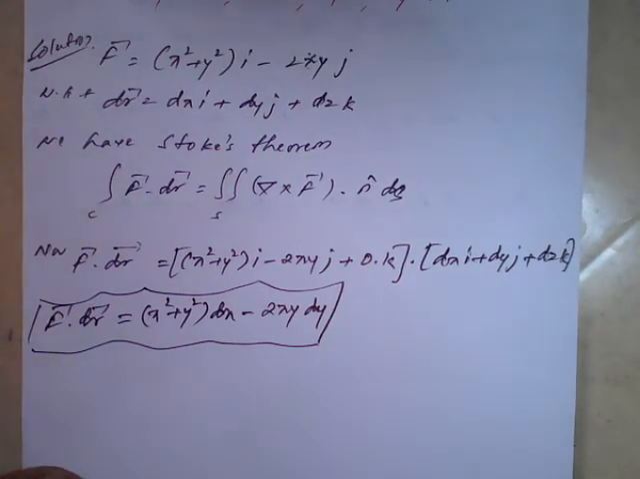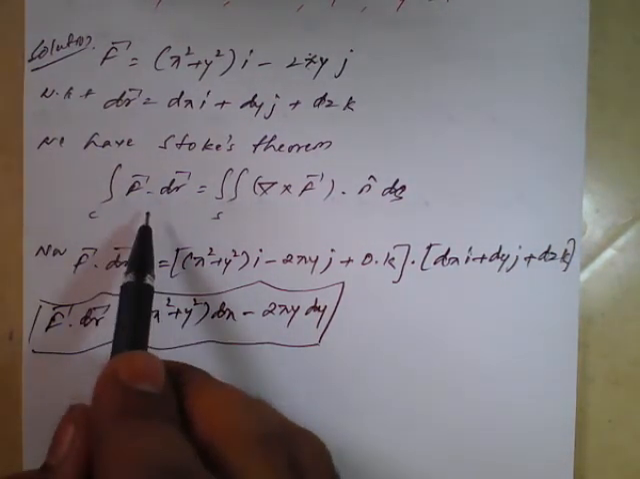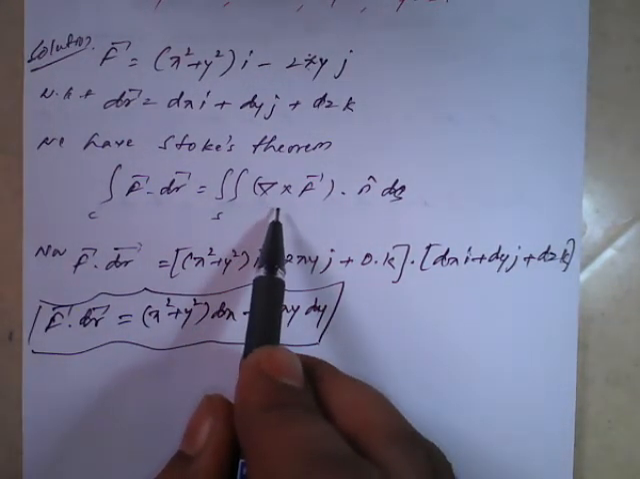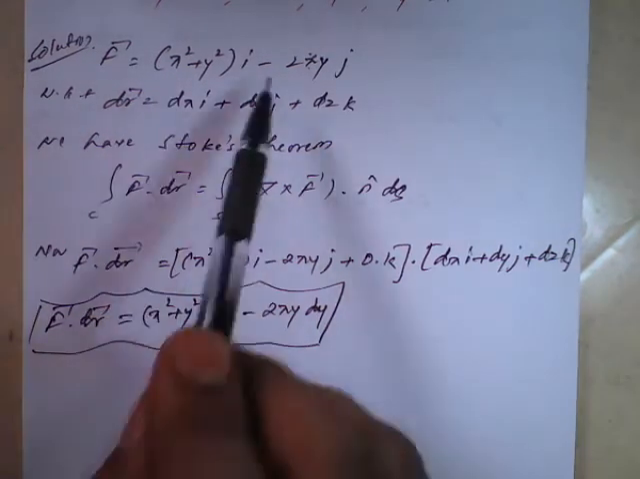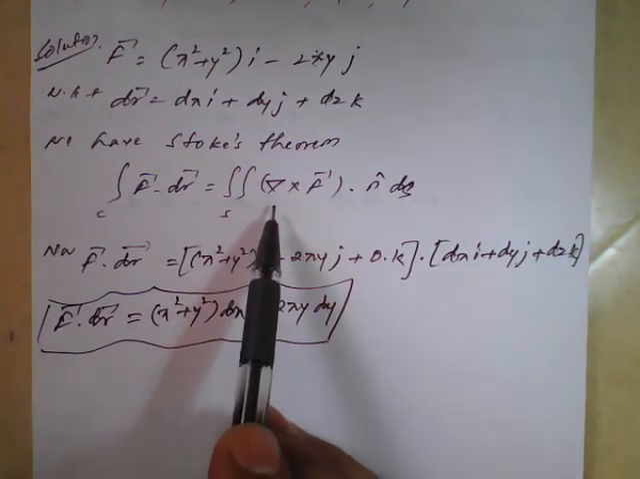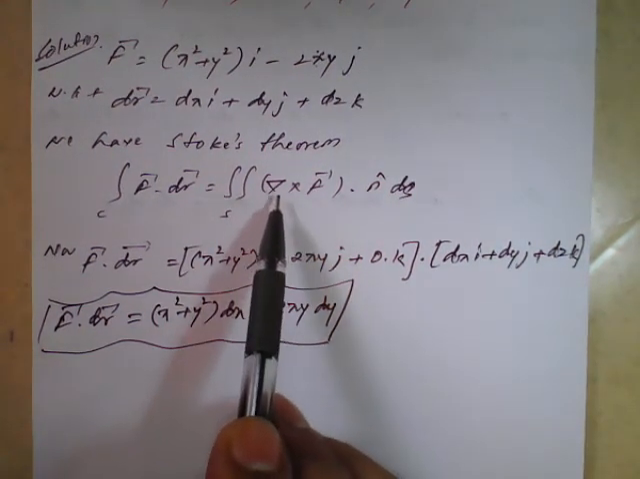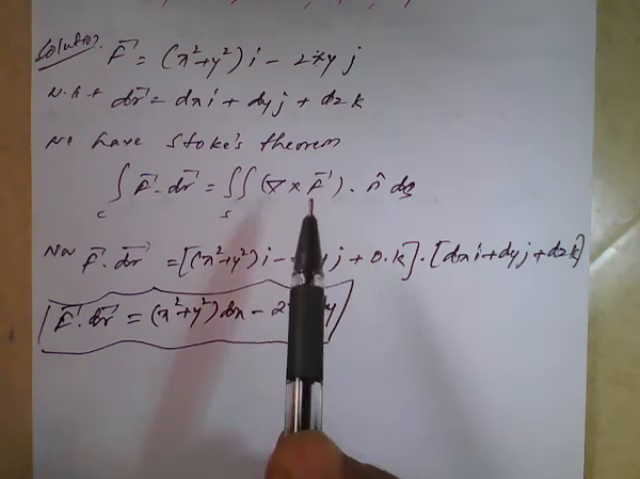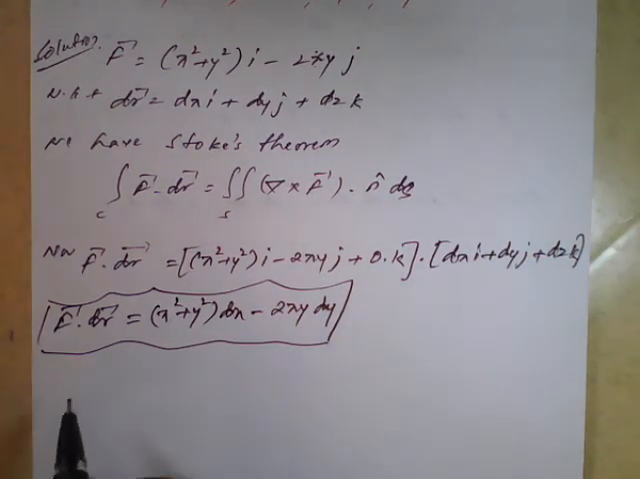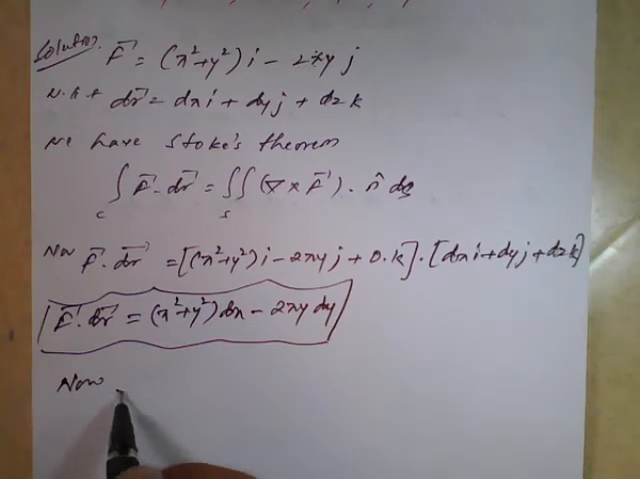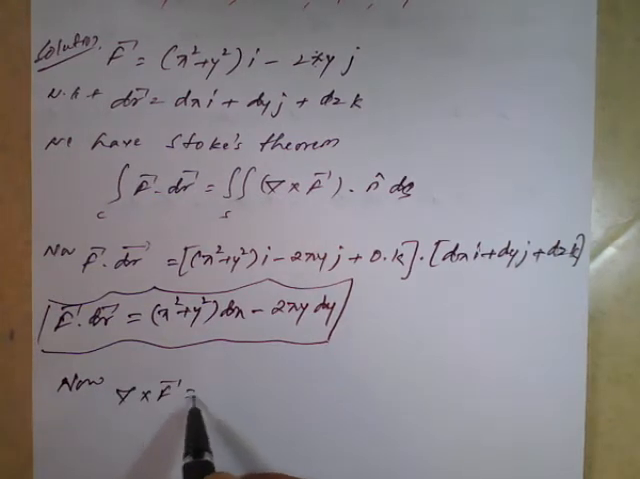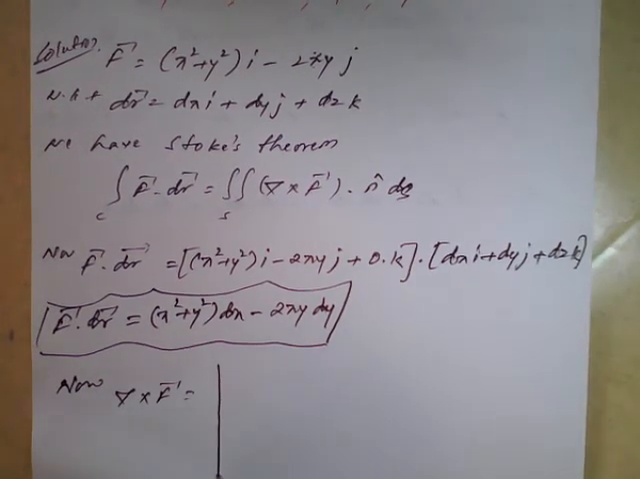So once we got vector f dot dr, means the left hand side we got it, the right hand side we need to work out. This is our vector f. So you see that on the right hand side we need to simplify del cross vector f. So now del cross vector f is nothing but the determinant,